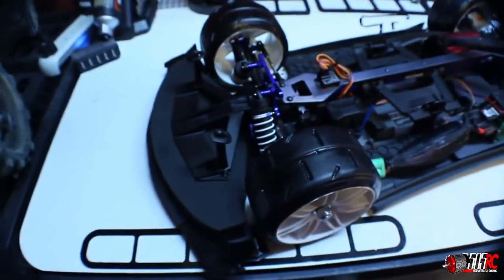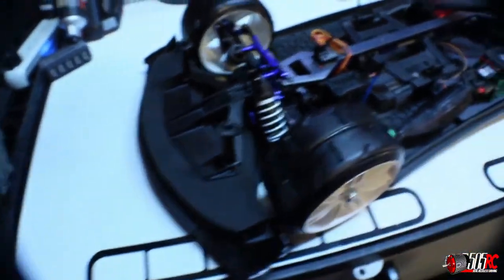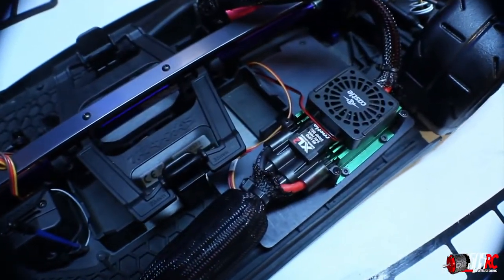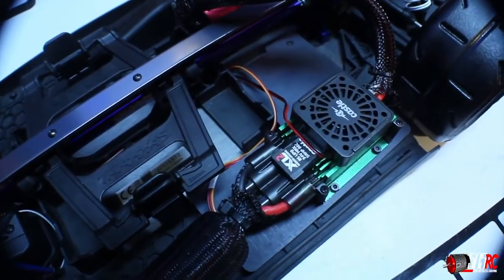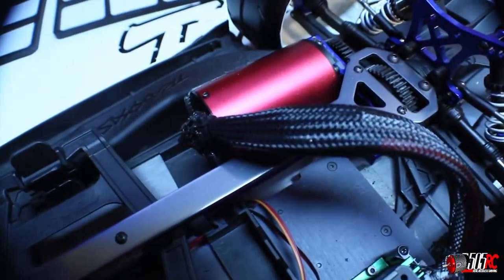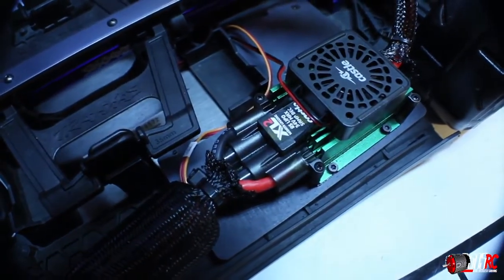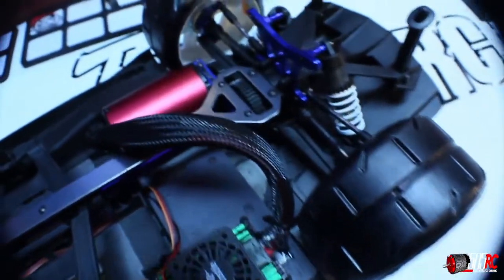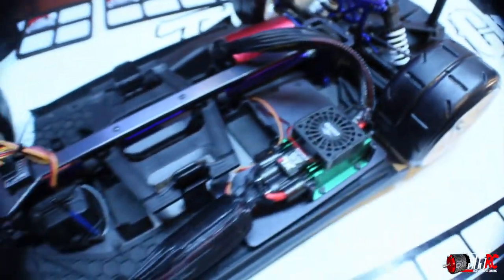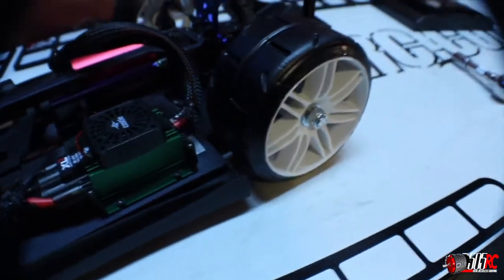Alright, so we got it all finished up now. Wheels are balanced, camber is set, batteries are charging, max amps, you know how we do, 4S, 2 of them, 8S run, Leopard 1360 motor, XL2 Castle ESC. Nice tall gear ratio. I think it's a 40 and a 46. And of course GRP